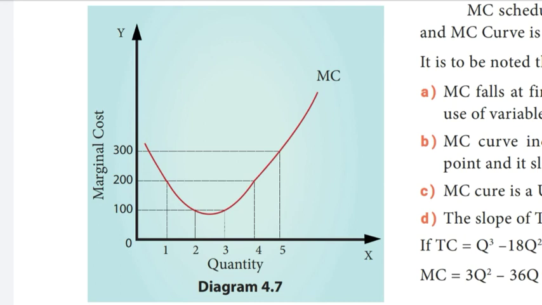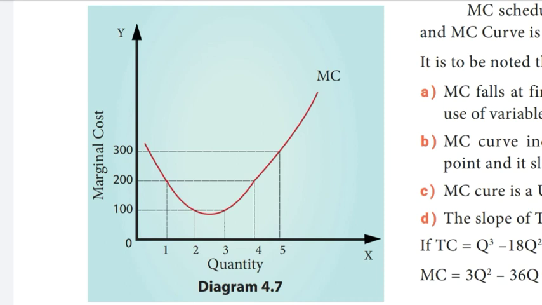The marginal cost curve is U-shaped. The shape of the cost curve is determined by the law of variable proportion. If increasing returns, that is economies of scale, are in operation, the marginal cost curve will be declining, as the cost will be decreasing with the increase in the output. When diminishing returns, that is diseconomies of scale, are in operation, the marginal cost curve will be increasing, as it is in the situation of increasing cost.